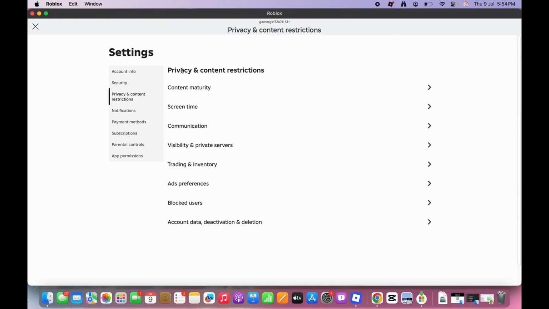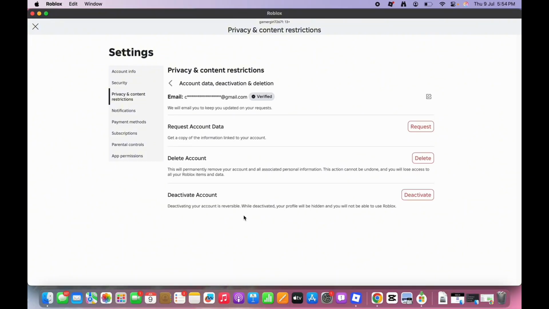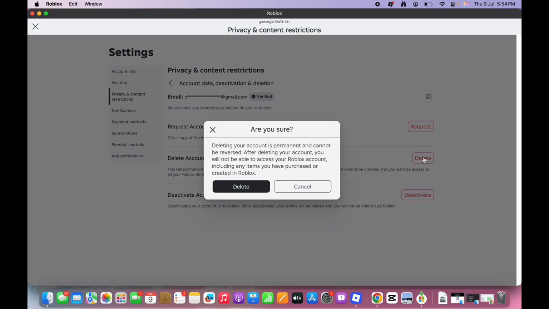Now, in the privacy and content restrictions page, at the bottom you will see the option for account data, deactivation, and deletion. Tap on it and then navigate to the delete account option you see there, and then tap on the delete button you see there. In the confirmation that appears, tap on the delete option if you really want to delete